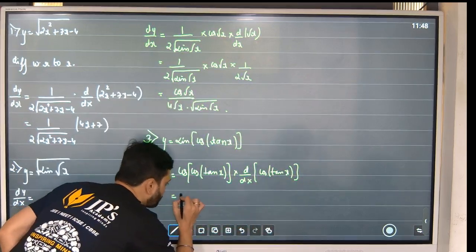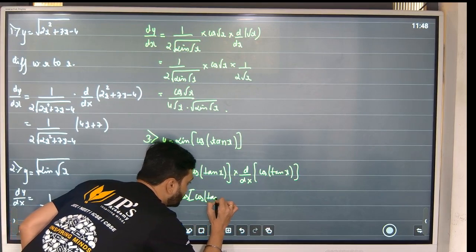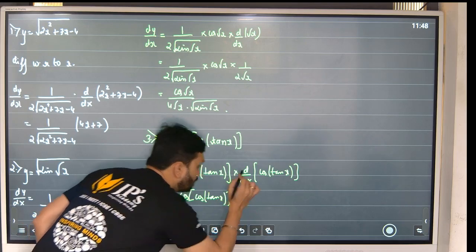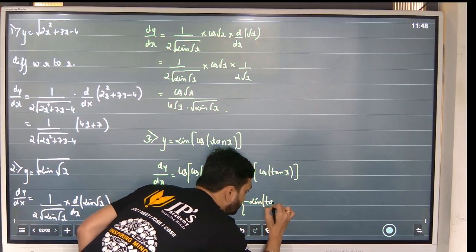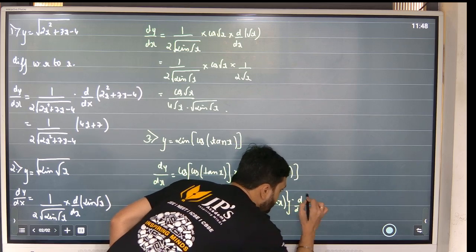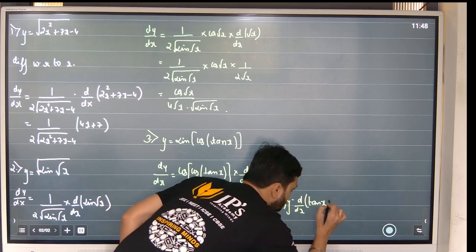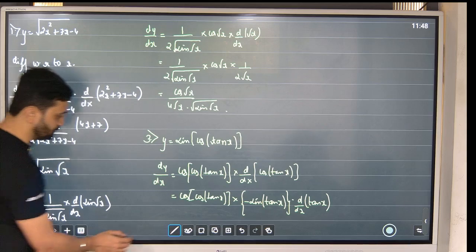So this will become cos of tan x into, what is cos का derivative? Minus sine tan x. Very good. Into d by dx of tan x. Anybody has any doubts here? And now when I differentiate this further here,